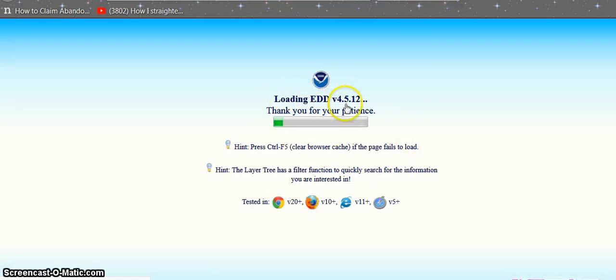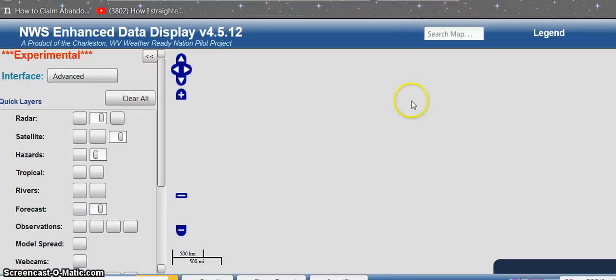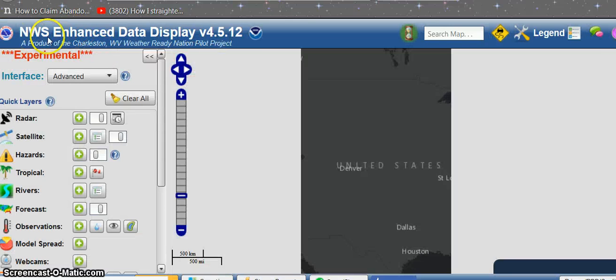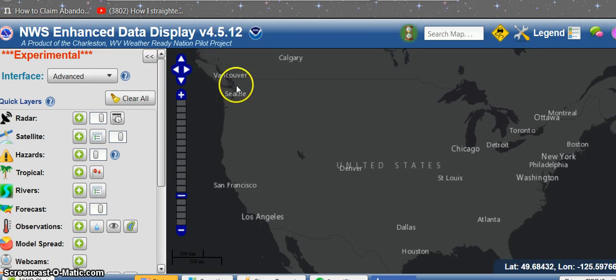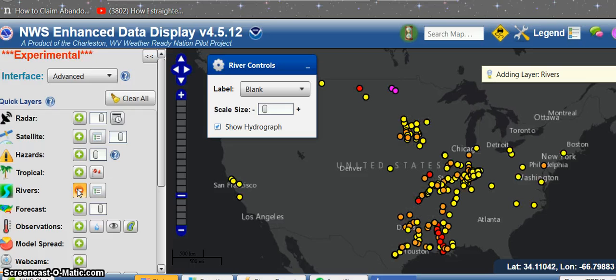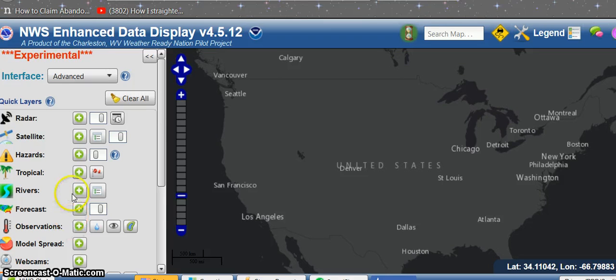It says loading EDD, National Weather Service Enhanced Data Display. Okay, United States, it loads. All right, so over here, you can click on these things. River controls. Okay. Hazards,